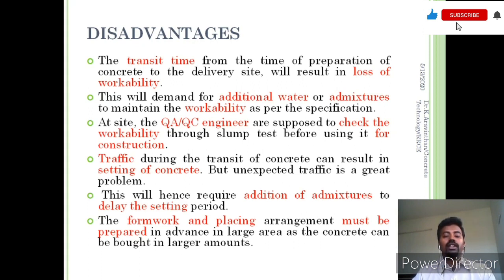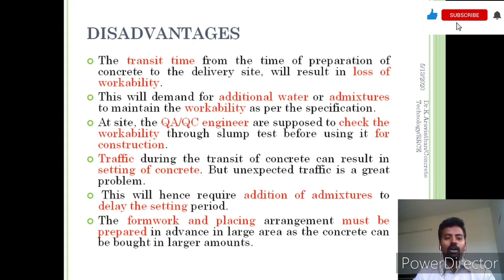We also need a quality assurance or quality control engineer to check the workability and for operation of the site. Without the quality control engineer, it is not good to supply the concrete at a site for the requirement of the project.